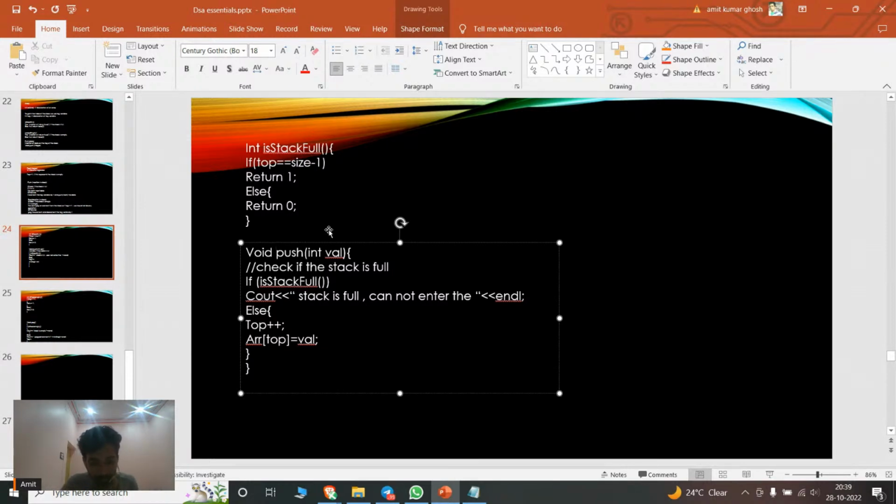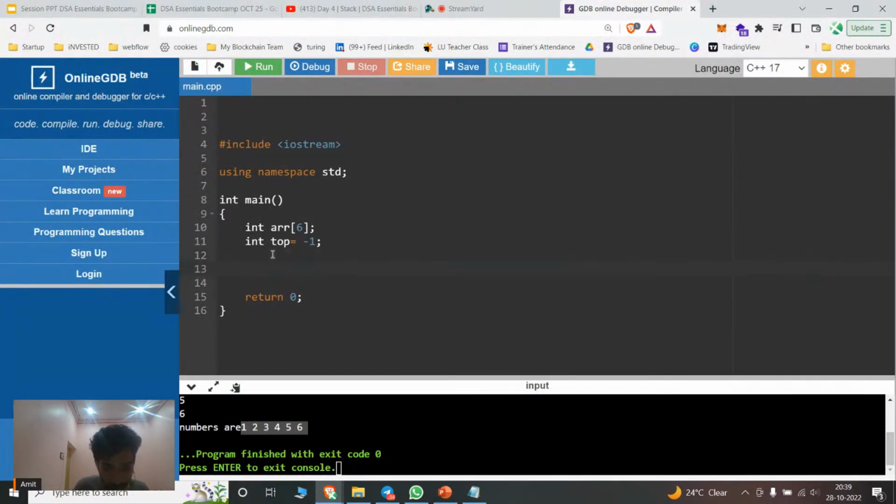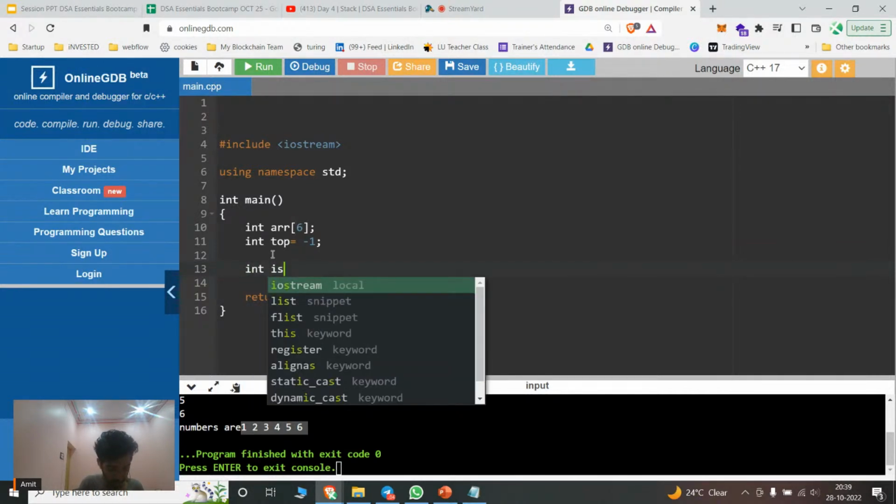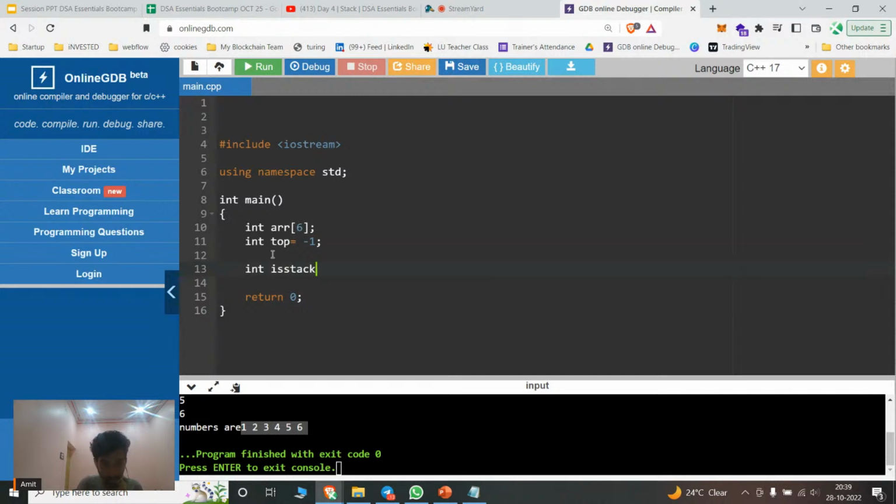Correct. So what I'll do is I'll write a function of int type, isStackFull. Inside that, this will check, for the push function, whether the stack is full or not, isn't it? So I'll write if